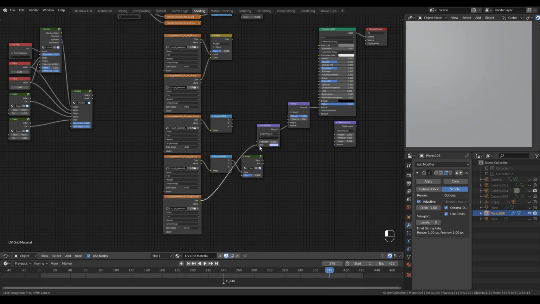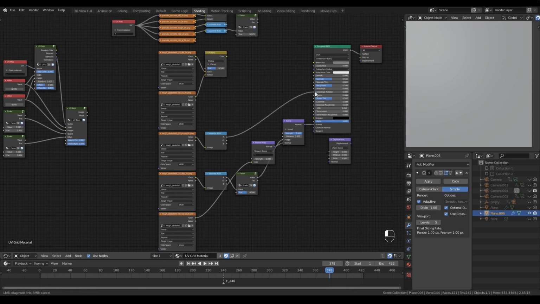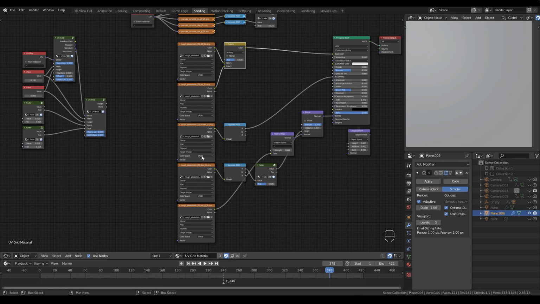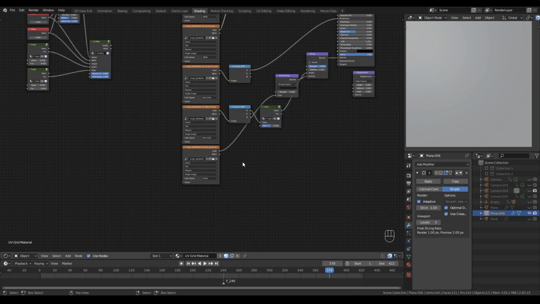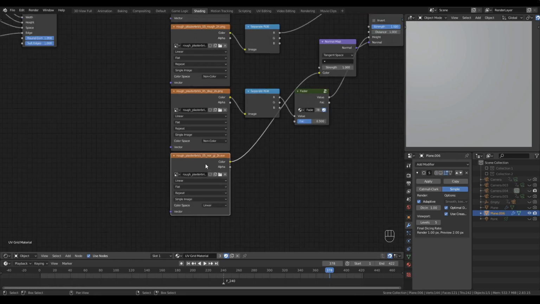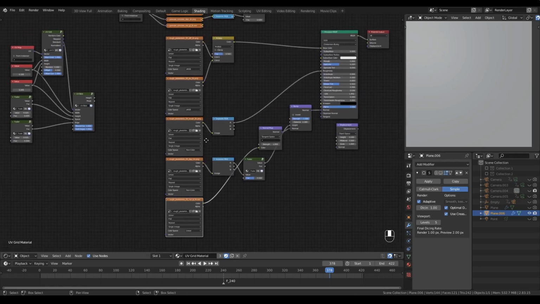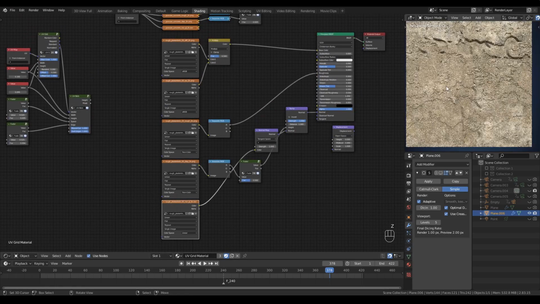The normal map goes directly into the normal map node. Height map into the height of the bump node. Roughness to roughness, and the multiply result into the base color. Set the color space of the roughness and the height textures to non-color. The normal map is already set correctly because it was imported as an EXR file, so it's correctly set to linear by Blender. I can now preview this texture set,